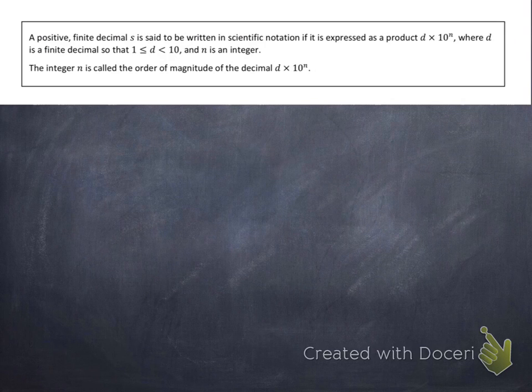Okay, let's do a quick review. So here's the definition again of scientific notation. It's a product of a decimal number and a power of 10, where the decimal number is between 1 and 10. And if we write a number that way, then we can use the exponent to immediately see what the order of magnitude of this number is. Okay? So here's an example